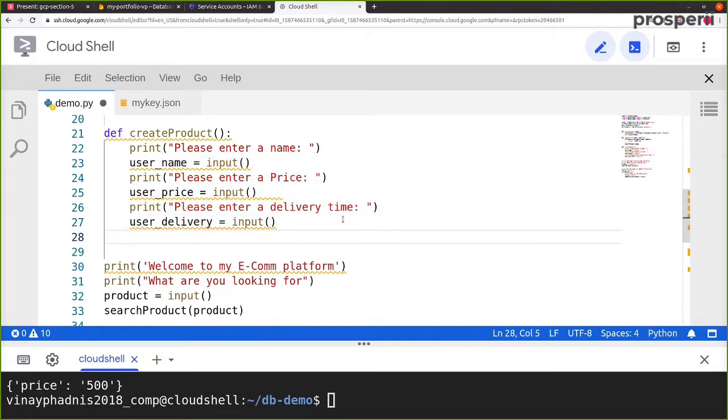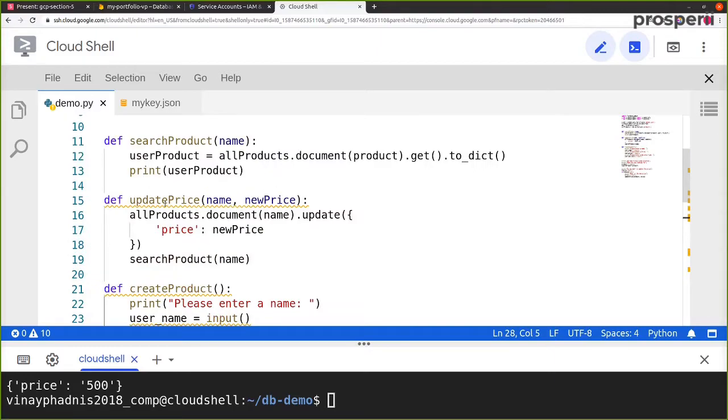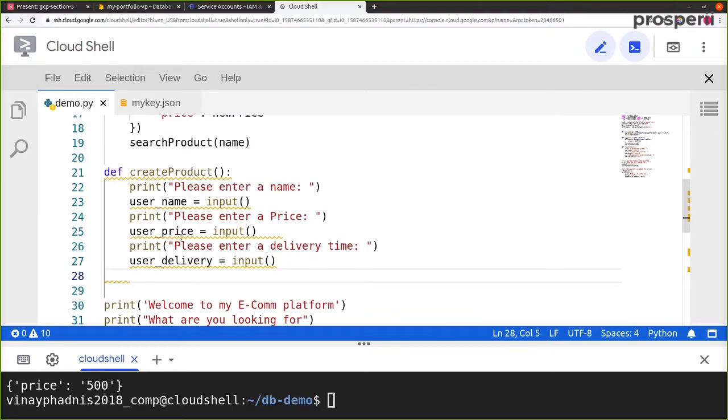So now we want to create an entirely new Firebase document. Okay, so to do that, first of all, now let's use the all products variable. So over here we have all products. So all products dot, and after dot, now let's define a document.